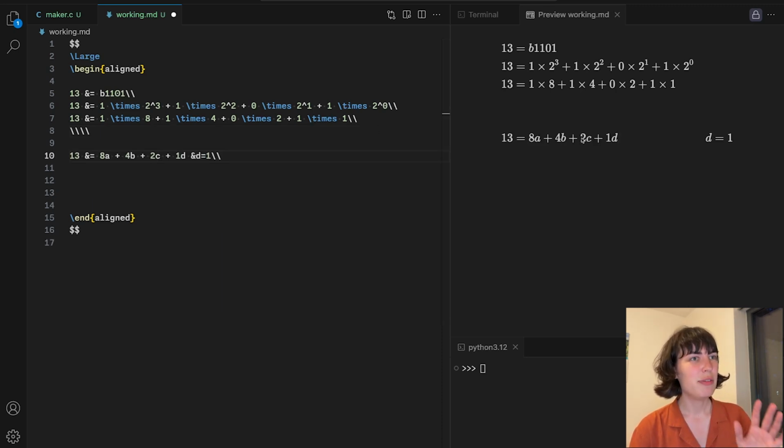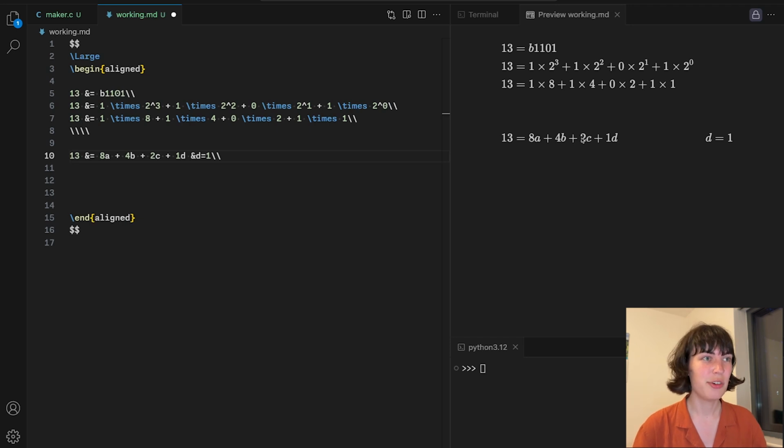Now, let's say we don't know what the value of these bits is. So in a typical case where we were trying to convert 13 into binary, we can express this with this equation: 13 is equal to 8a plus 4b plus 2c plus 1d. It's not obviously solvable with any of the algebraic rules I know about, but we